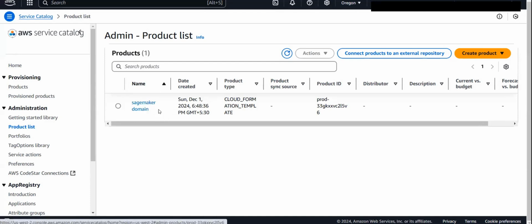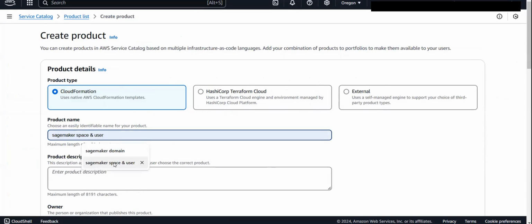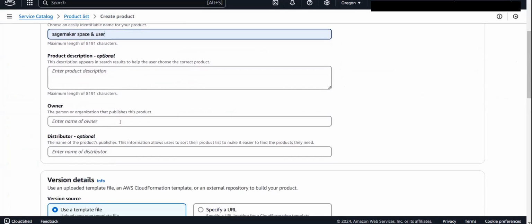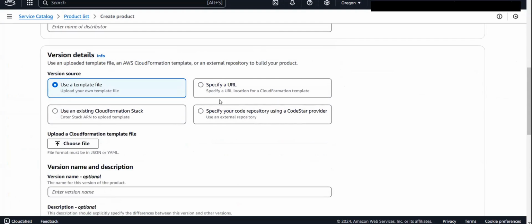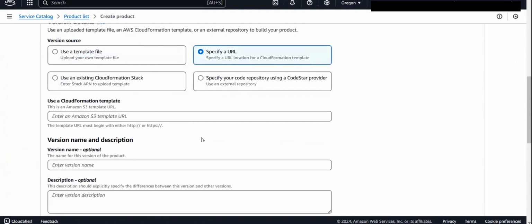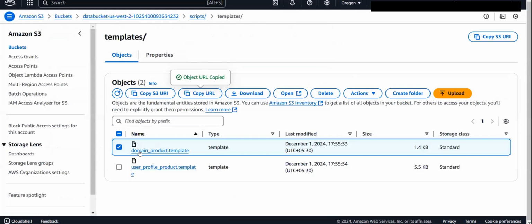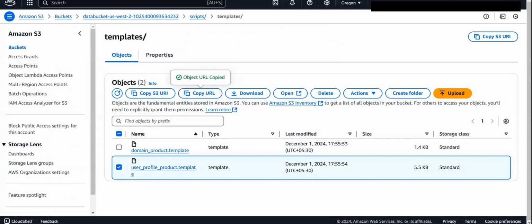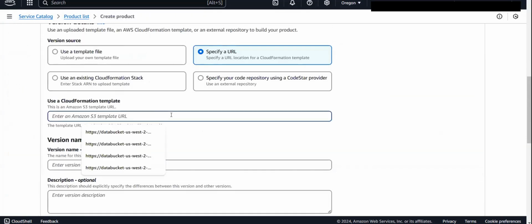Inside this domain, after creation of this domain, to create users as well as the space, we need one more product. I am just creating that product as well. Now this is the second product, a SageMaker related space and user, and the owner is the same, that is the company. And the URL for the template for creating the user as well as the space is this. I'm just copying this and pasting it here,